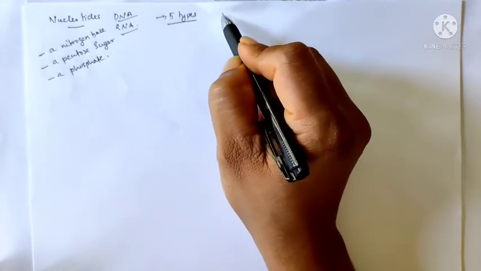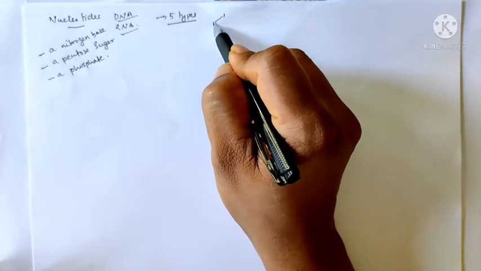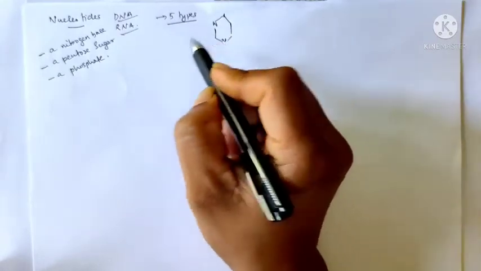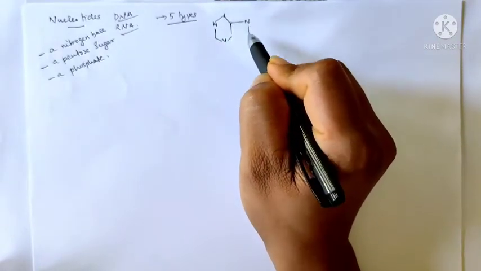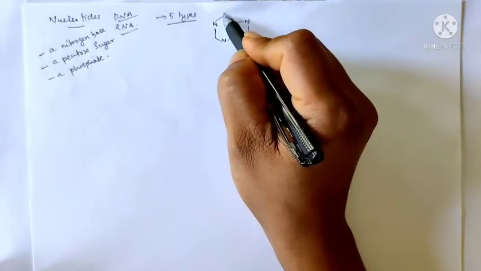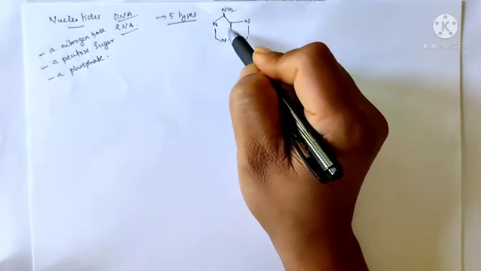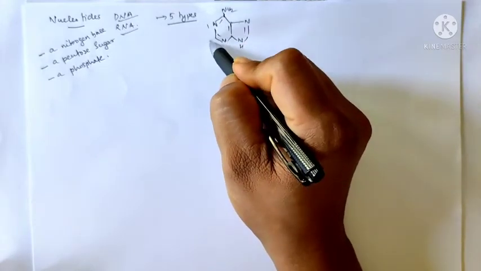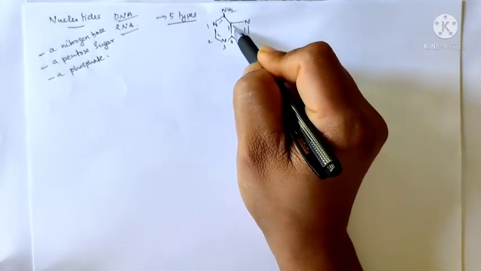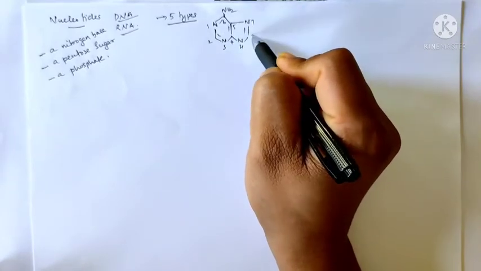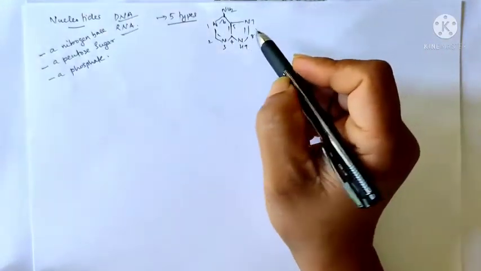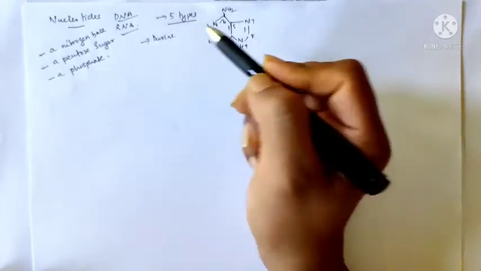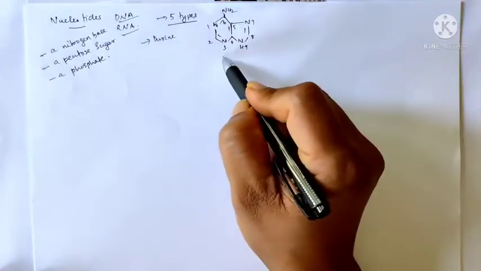First one is, NH2, 1, 2, 3, 4, 5, 6, 7, 8 and 9. This is a purine based nitrogen base. This is adenine,